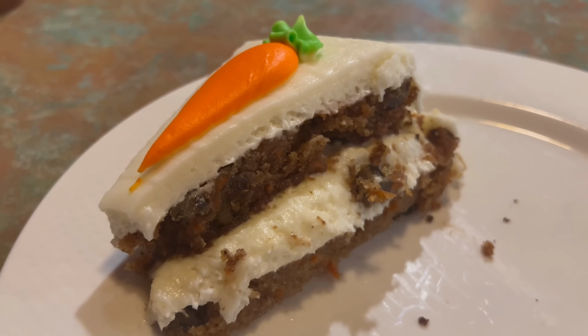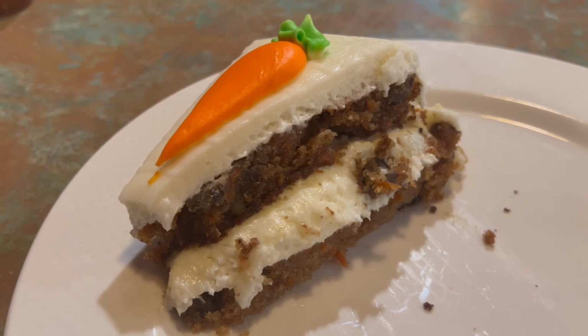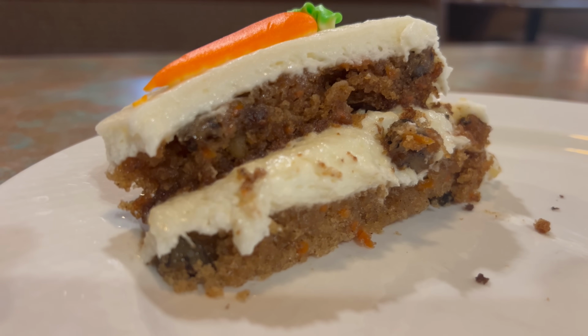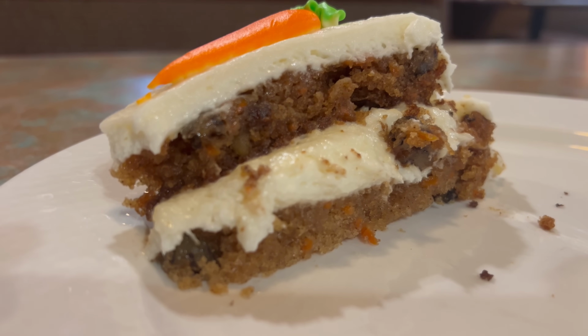Yeah, it's really good. This is actually a really nice carrot cake. A moist cake layer with a lot of that natural sweetness from the carrots absolutely coming through, makes some great flavors. And you also get the sweetness from the raisins here as well. The center cream cheese layer really does make me think this might be homemade, because oftentimes that middle cream layer